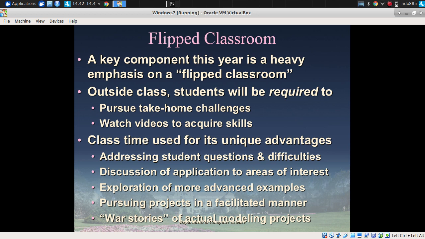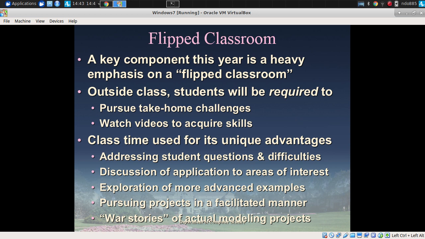That will be fun. Just don't anticipate that every lecture will be teaching you every single step that is needed to solve a given problem. I particularly say this for people not from a computer science background, as well as some of those from a computer science background on the math side, okay? So we're going to try to use class time for the unique things we get by coming together. Not just me regurgitating material, which you can find online, but addressing questions, difficulties, discussion of the implication and application